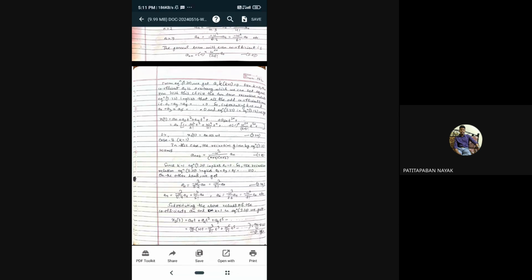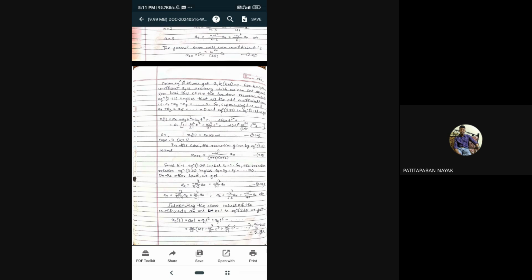With this choice, the recursion relation of equation 3.22 implies that all the odd coefficients vanish. That is a1 is equal to a3 is equal to a5 is equal to 0. So substituting k is equal to 0, you can have a1 plus a3 plus a5, and so on and so forth, is equal to 0. And from equation 3.23 and equation 3.16 we get x(t)